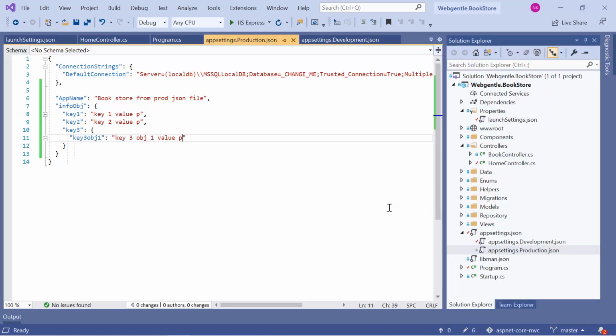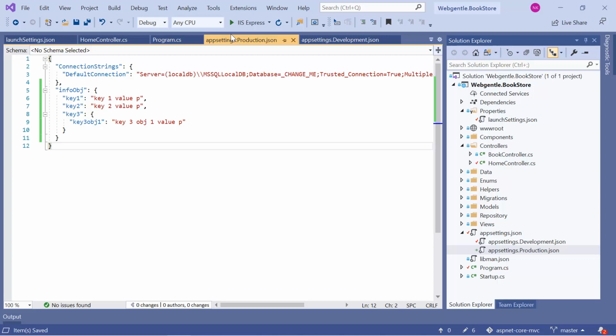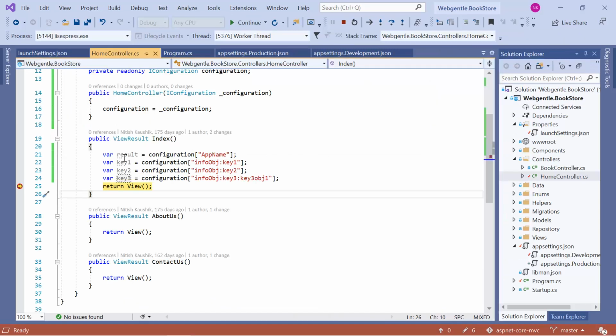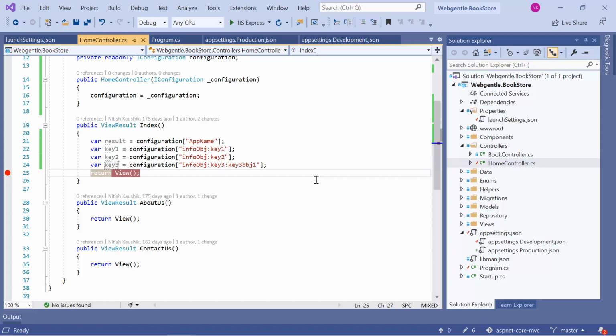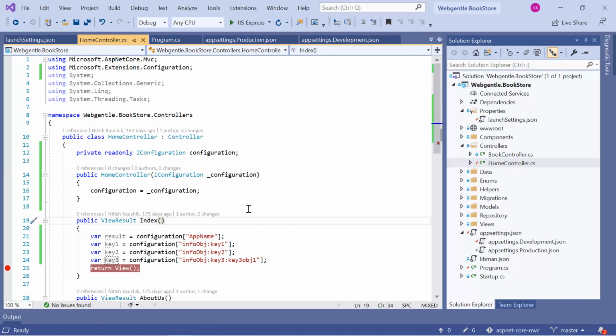Now what will happen if I do not have any key over here? Suppose I do not have this app name key in my production file. Okay, let's again run this application. So let's see what is available in this result variable. Now it is reading the value from our main.json file. How is this happening? It means if something is not defined in your production based file, then the application will read the key from the main file. Whatever settings you have defined in your environment based file, those settings will override whatever you have written in your app_settings.json file.